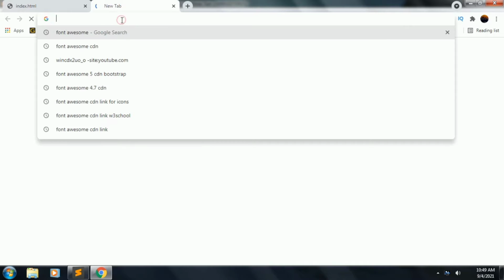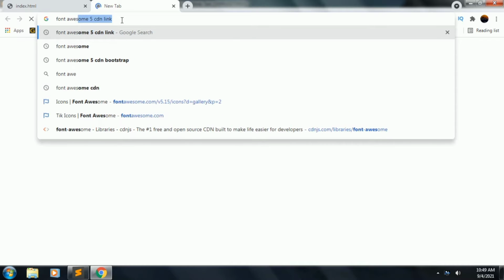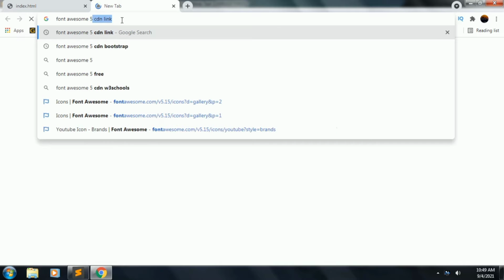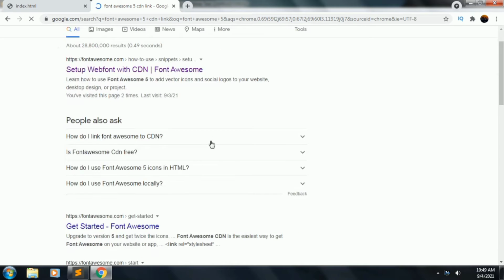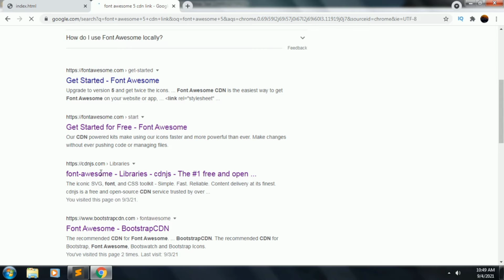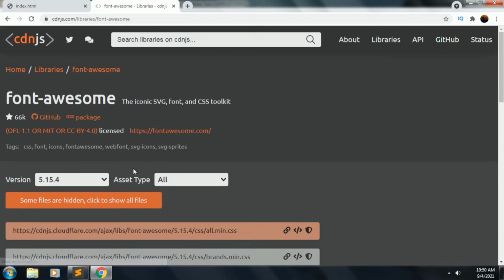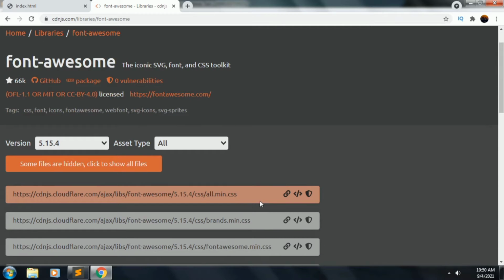Let's open your Chrome browser and open a new tab, and search for Font Awesome 5 CDN link. And this is the link of the Font Awesome CDN. Copy this link, close the tab